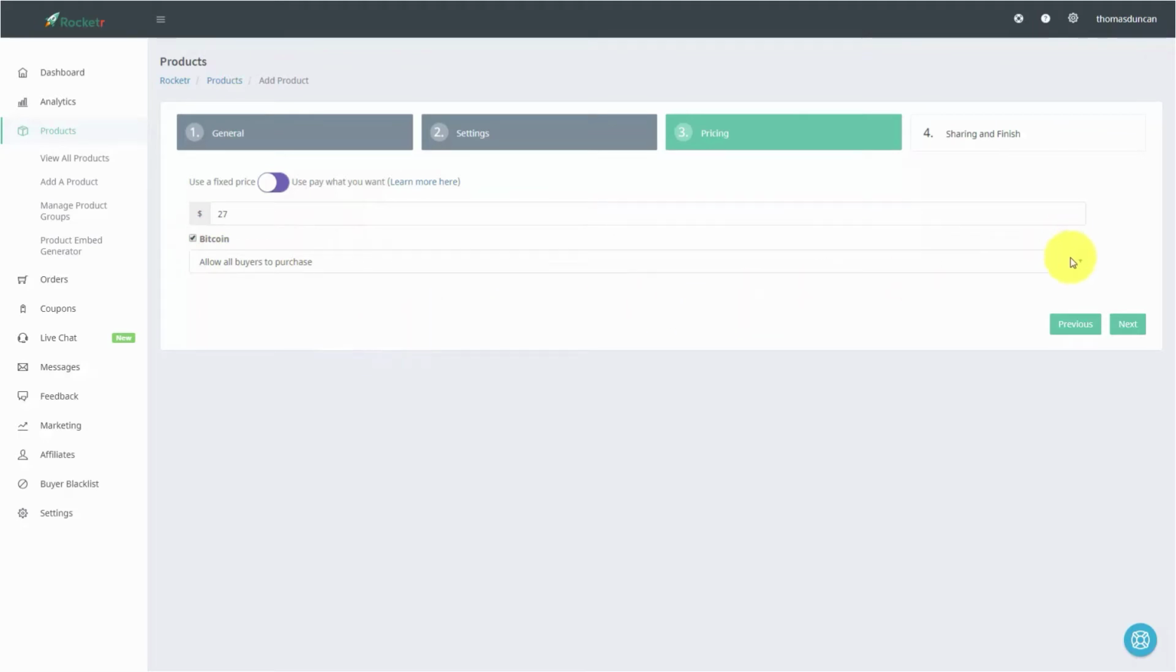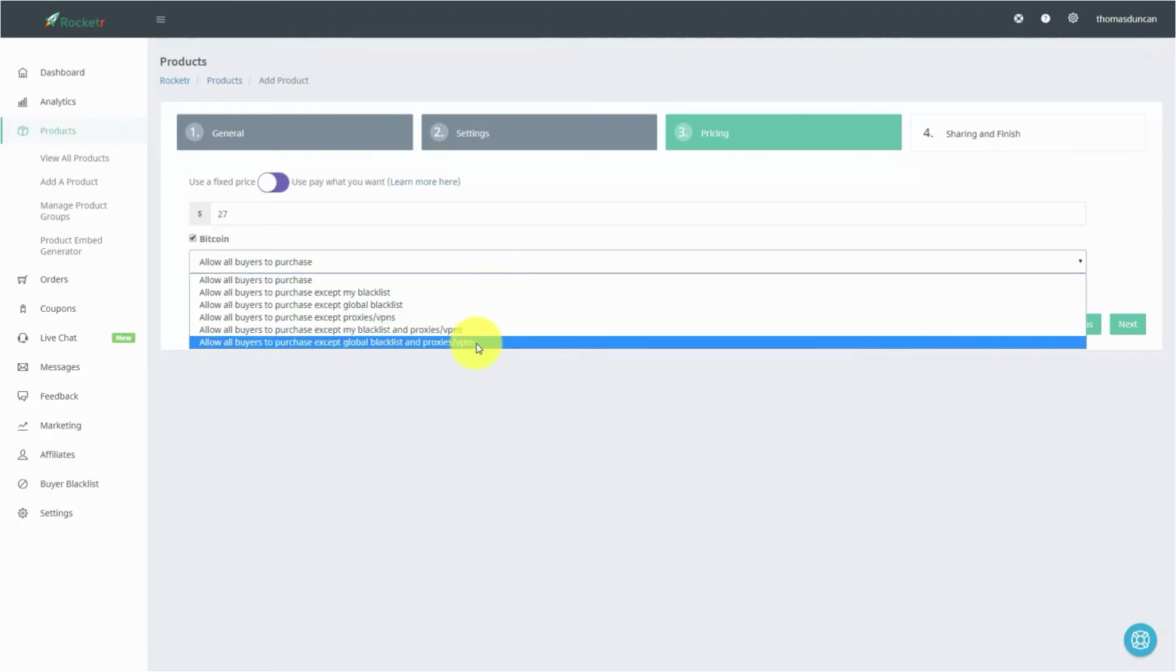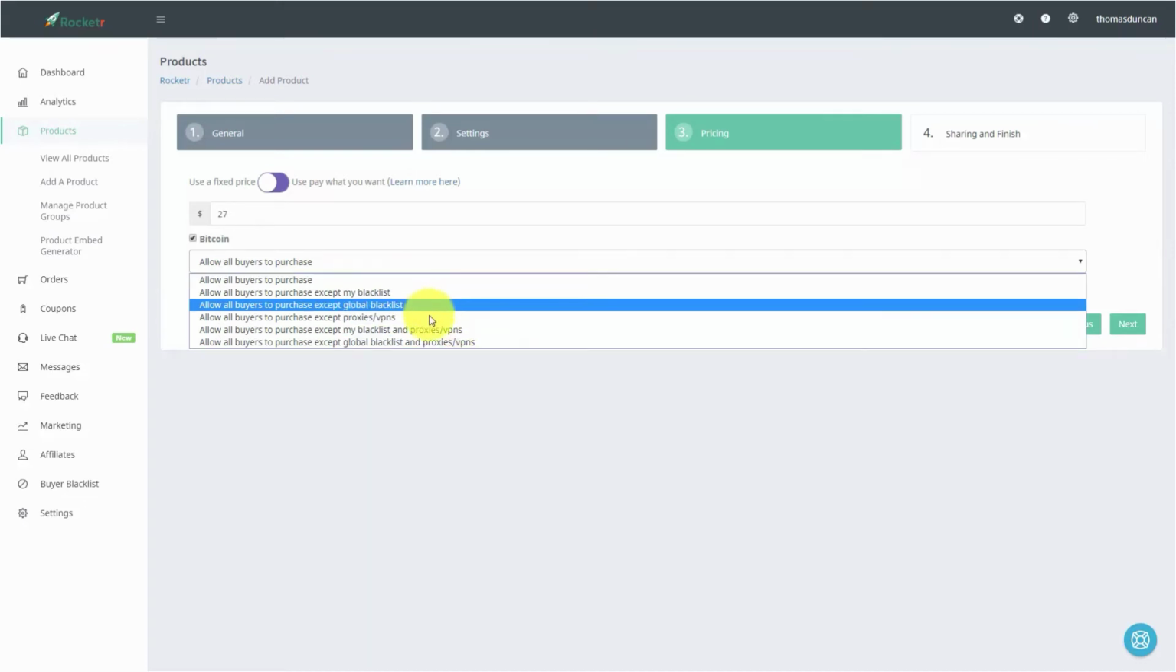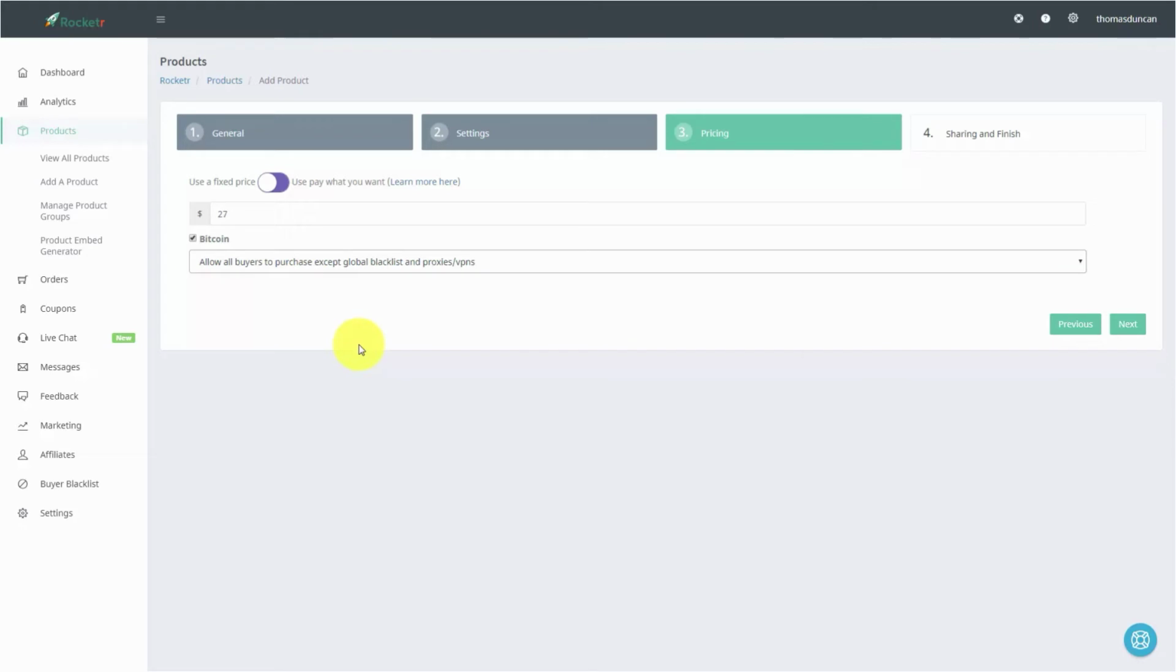And then we can actually use a couple of features here, and Rocketer will allow us to have everyone be able to purchase, with the exception of certain limitations. So we can limit people by our global blacklist, and anyone buying from a proxy, which typically indicates some kind of lack of trust, or we can allow all buyers to purchase. The most conservative way to allow people to purchase would be to not accept purchases from people on a global blacklist and proxies. So in this particular case, we're going to use the most conservative method,